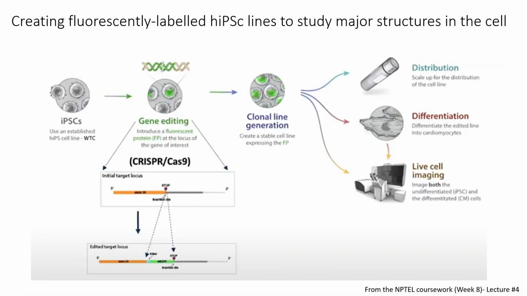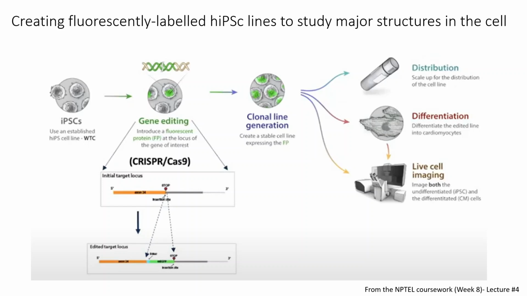So in your, I think, third lecture, you guys learned about how these fluorescently labeled iPSC lines were used to study some major structures in the cell, right, by a guest lecturing professor. So the essential pipeline that they followed in their work was that they initially have some established human iPSC line, and then they gene edited it, right? So they introduced a fluorescent protein at the locus of the gene of interest. So what does that mean? The gene of interest, suppose I want to study